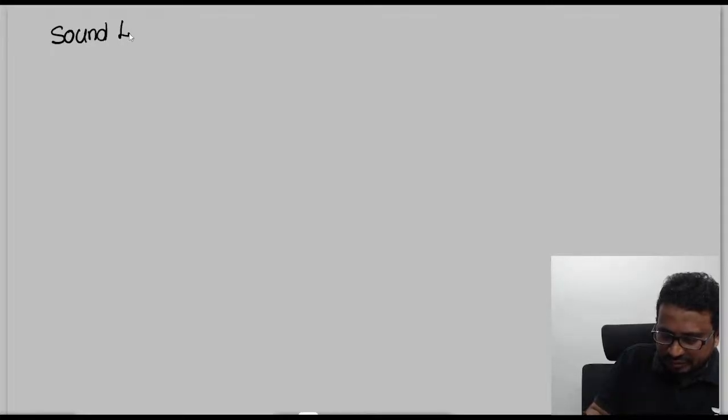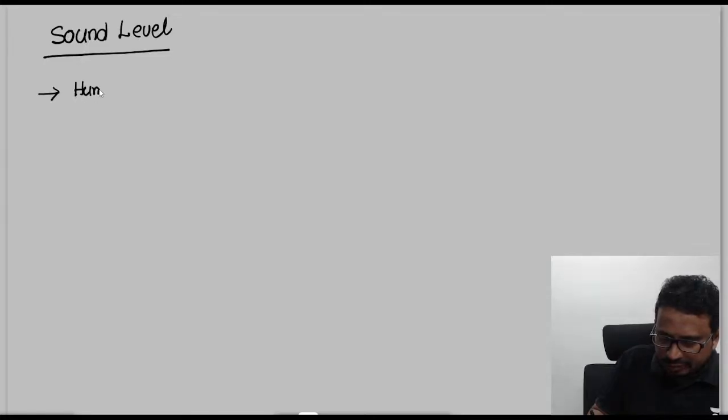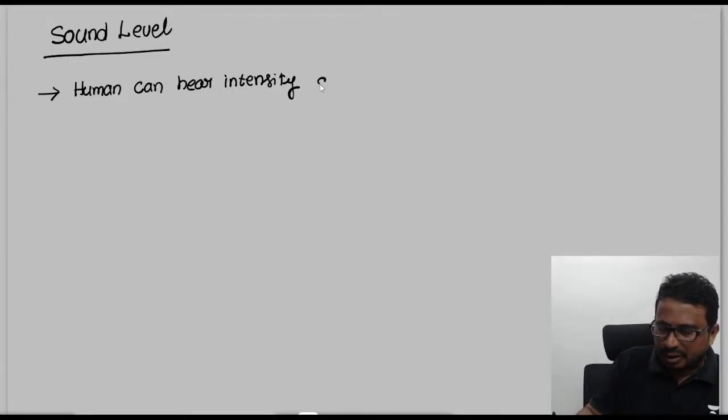Next, sound level. Sound level is basically how much sound humans can hear. It is the intensity of sound ranging from